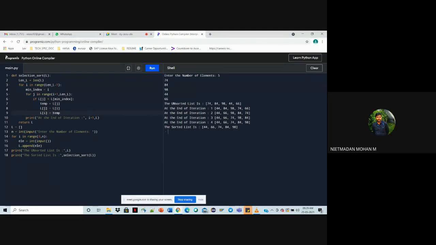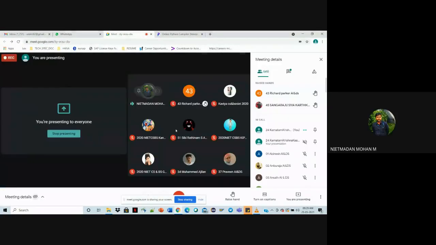Thank you, Prashant. Yes, sir. So you have used the temporary variable for swapping. Yes, you have taken this code by using the temporary variable. Before that, I just swapped the numbers directly, whatever swapping technique I have given you. If you are comfortable with the temporary variable, then you can go with it. But when you go with the temporary variable, the lines of code will increase. That's why I have directly swapped those things.